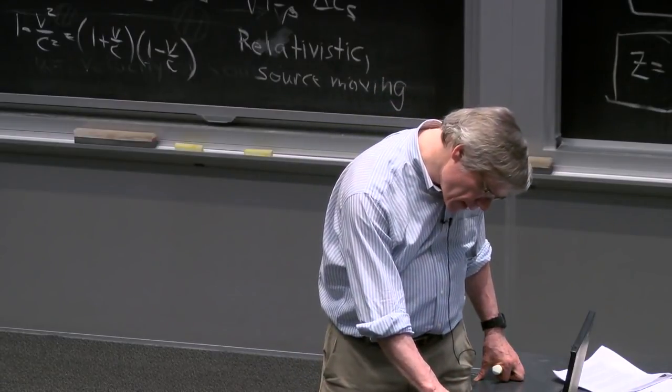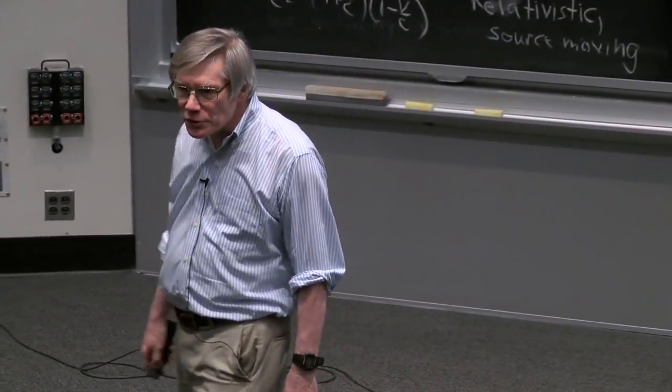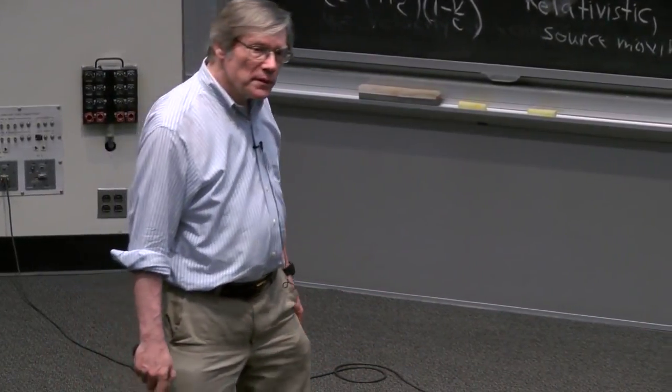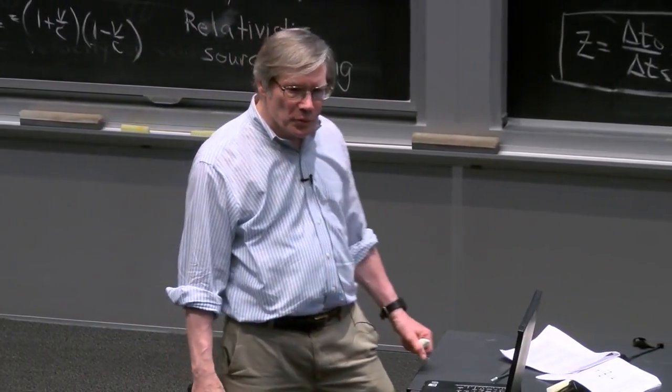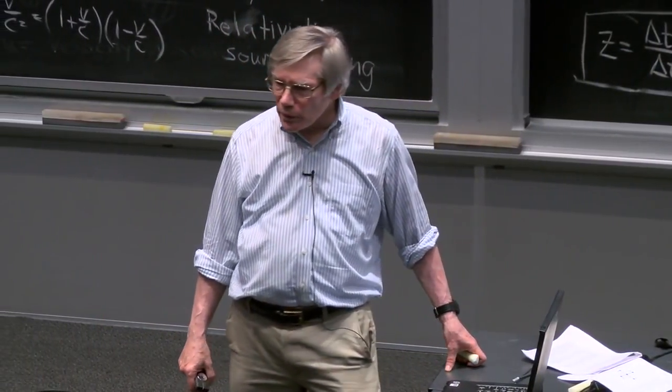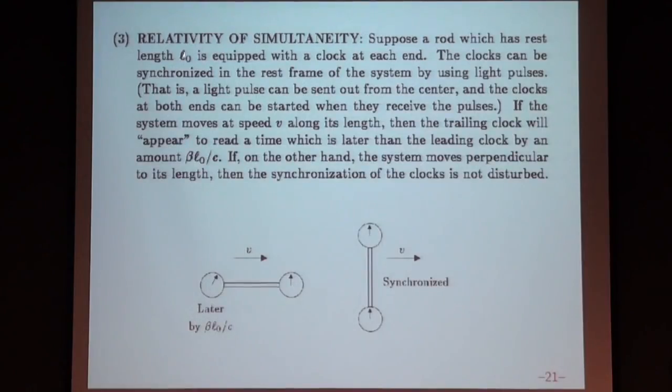Okay, next and last is an effect which is talked about less because it's a little bit more intricate to describe. But the other crucially important effect, these would not be consistent if you didn't have all three. The other crucially important effect is the change in simultaneity, the relativity of simultaneity. And it takes more words to describe it. So there's more words on this slide than on the other slides. And the pictures are a little bit more complicated too. But the pictures do say it all, really.